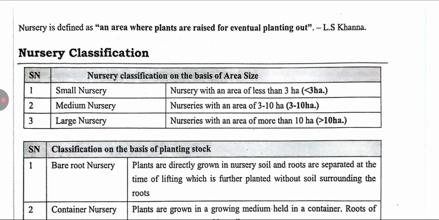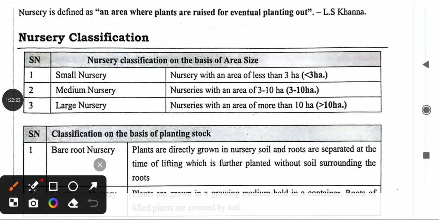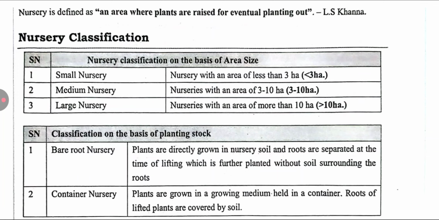ओके, नर्सरी क्लासिफिकेसन. नर्सरीलाई कसरी क्लासिफिकेसन गरिदिन्छ भने स्मल, मिडियम, लार्ज. स्मल नर्सरी, नर्सरी विथ एन एरिया अफ लेस देन 3 हेक्टर. ओके, त्यसपछि मिडियममा चाहिँ 3 to 10 हेक्टर, एन्ड लार्जमा चाहिँ 10 हेक्टर भन्दा बढी. क्लासिफिकेसन अफ नर्सरी,